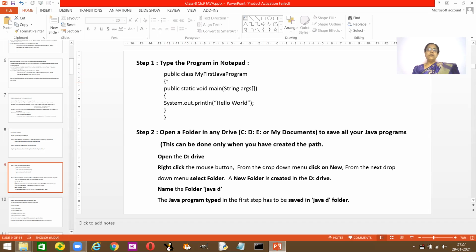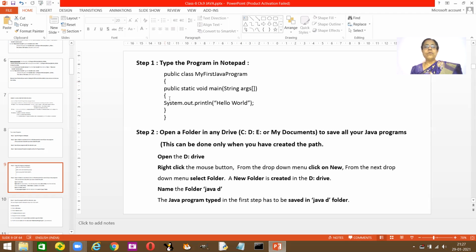Then open the brackets to put the method. Okay, public static void main, I already explained this to you. This is a mandatory statement, public static void main String args. Please learn this by heart. Then I open the second bracket to put your statement, whatever you want to print. To print, again, this is mandatory for you to learn. System.out.println, that's your line. And whatever you want to print should be in inverted commas in a bracket, and this is going to print. And do not forget to put the semicolon, which ends your statement.